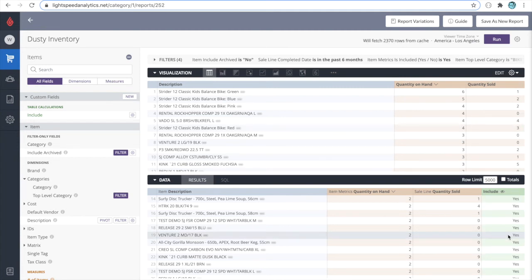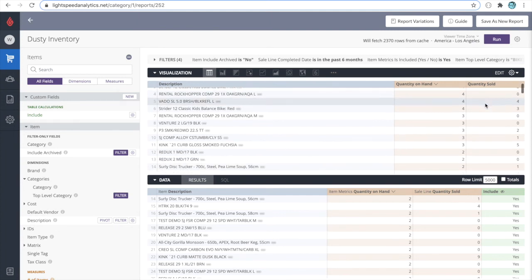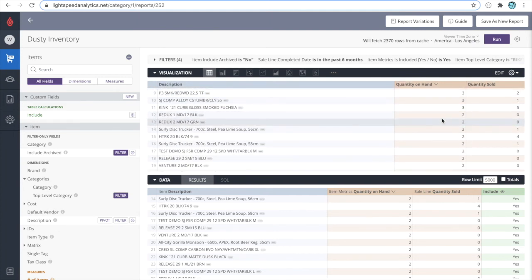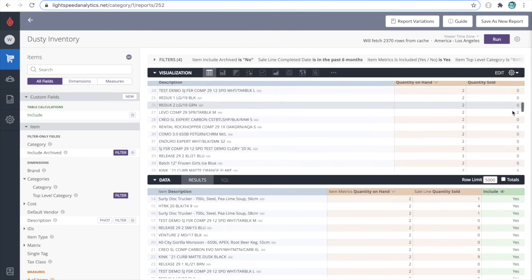Now, two things will happen. First of all, instances where the products were both not in stock and not selling are going to be removed from our report. Also, the calculation itself is not going to be visible on the report. It's just performing an action that is used for the final version. So if we scroll down this report now, we'll see quantity on hand is greater than 0, and we'll see quantity sold. If we scroll down further,